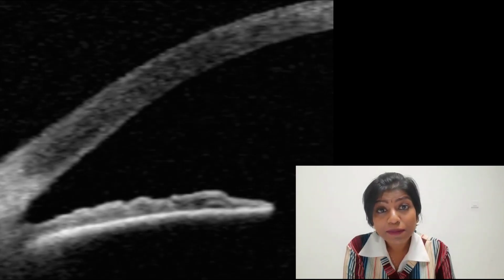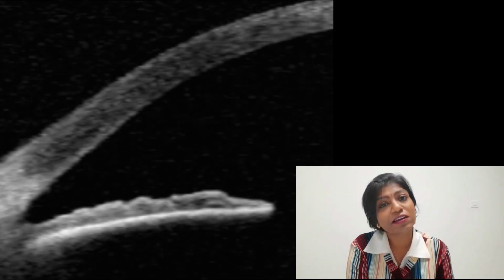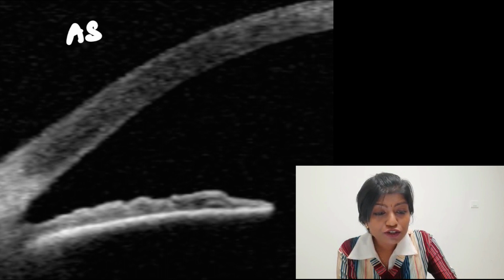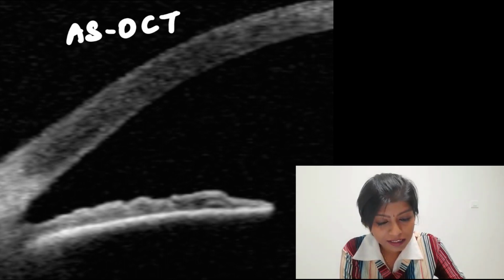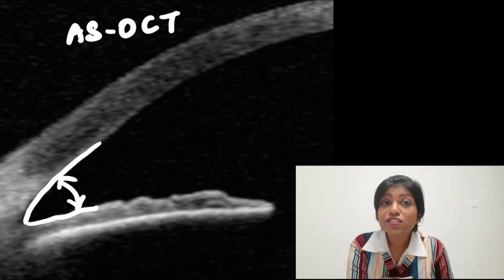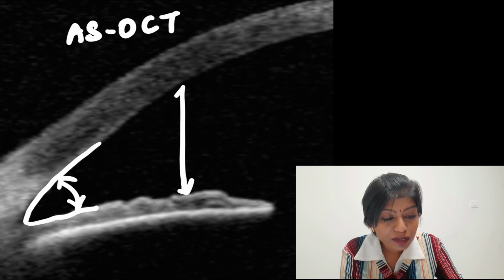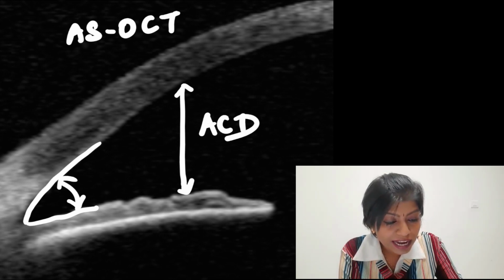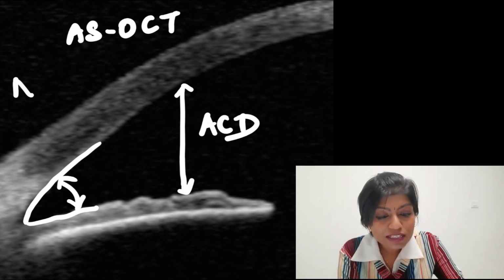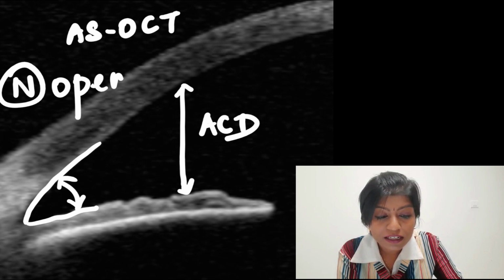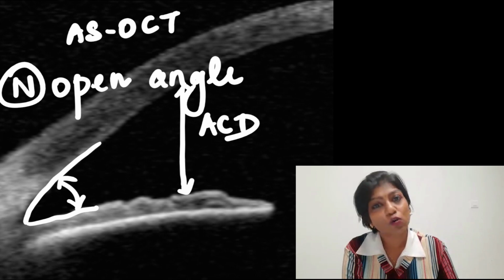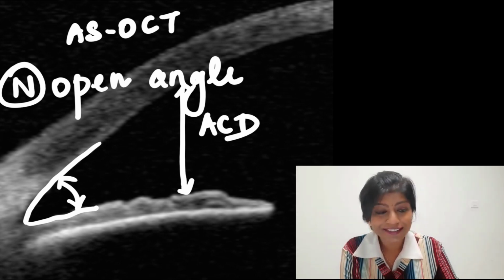So here in this image, what you can see is an anterior segment OCT of the angle. Okay, so it is an ASOCT showing you the angle, which is a normal angle. So you can see here the peripheral cornea and the iris, they are making this angle, right? And it's open, and you can see that the anterior chamber depth is also normal. So this is a normal open angle. So once you see a normal open angle, you'll be able to appreciate when I'm telling you what is an angle closure. Alright. So now we'll see what is angle closure.